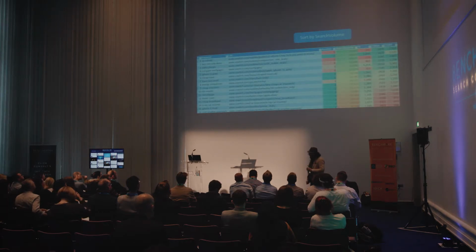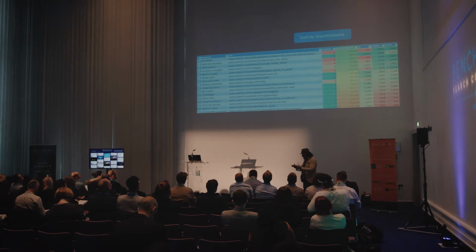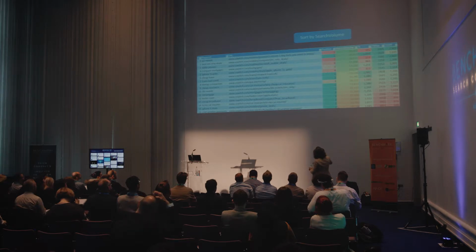And this is my spreadsheet. I have keywords, I have corresponding URLs. Every time we're talking about keywords, we need to talk about corresponding URLs. It's a must. And we have positions, we have search volume, and right now this spreadsheet has been sorted by search volume. But if we sort this by TI diff, so traffic index difference,